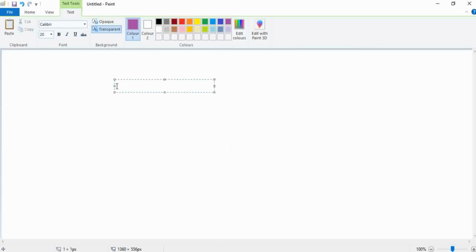So let's take an example of 16. We know that 16 equals 2 into 2 into 2 into 2, that means 2 to the power 4 equals 16. So we will divide this 16 using 2, which means we will convert 16 into binary form.